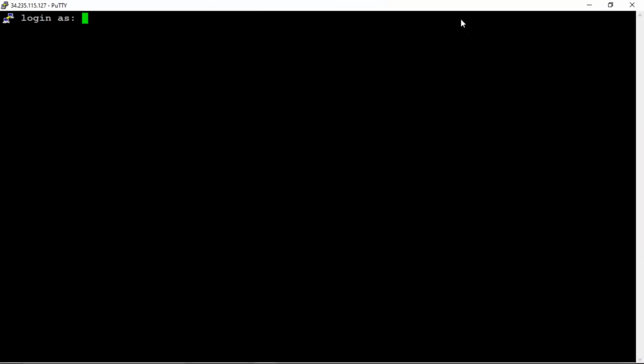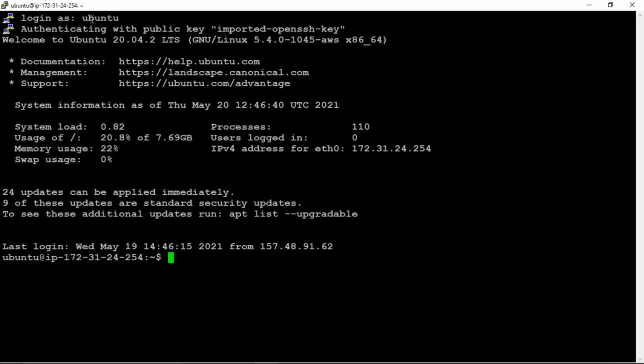Here it says login as. So what is the username I have to give there? By using which username can we log in to our system? Yes, fine, Ubuntu. So Ubuntu is my username, and hit enter. You are successfully connected with the operating system.